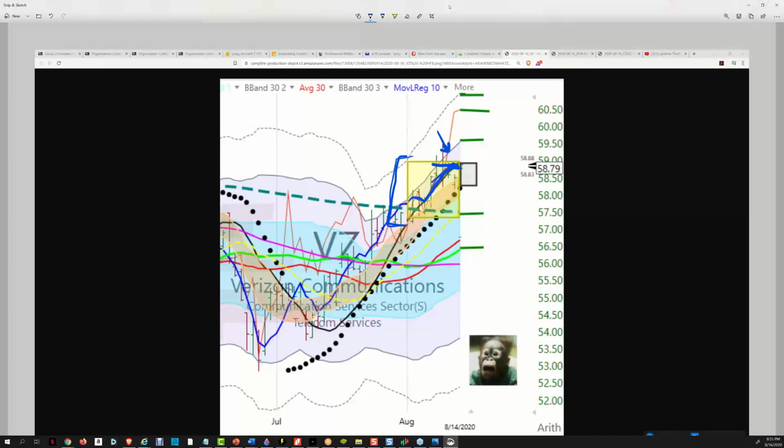So that forms the upper portion of this box, which was also that gray zone, the peak of that daily frame. So if it does get above 59,